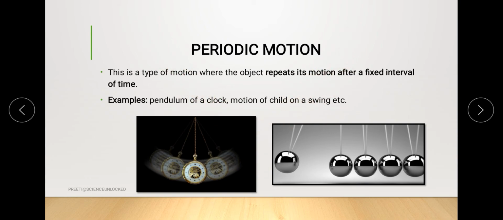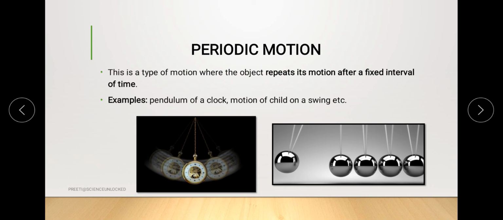For example, let us say we take this line as the main line, and one line we take as this line. So the object is here. If it is going till this line on the left side, on the right side also it will go till this line. And let us say from here the object was forced to move till this line, then automatically the other side will also be moving till this line only. That means in case of periodic motion, not only is the interval of time fixed, the extreme points between which the object shows the motion are also fixed. So that is how we distinguish periodic motion from the rest of the motions.